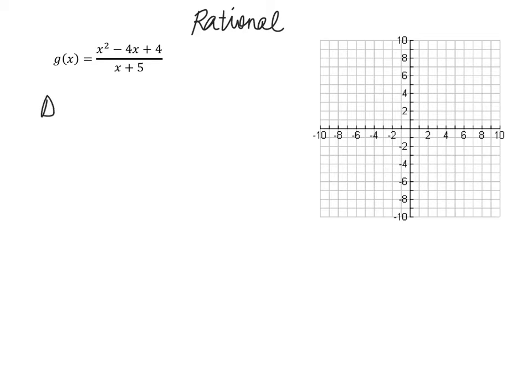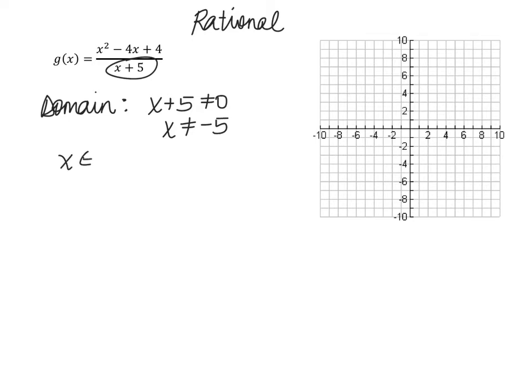And I always begin with my domain for rational functions because we usually have a domain restriction. Because remember that the denominator, in this case the x plus 5, cannot equal 0. So that denominator cannot equal 0. In this case, that tells us that x cannot equal negative 5. So our domain, written in interval notation, is all of the x values from negative infinity to negative 5, union